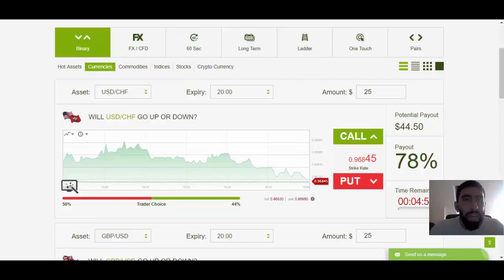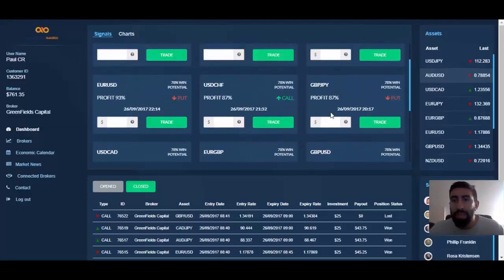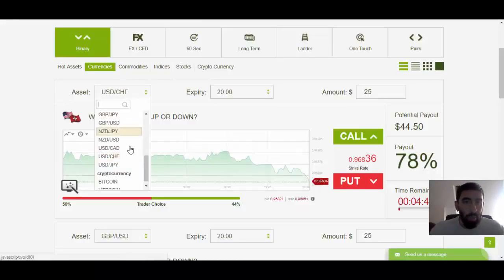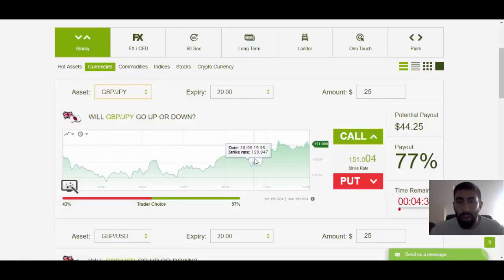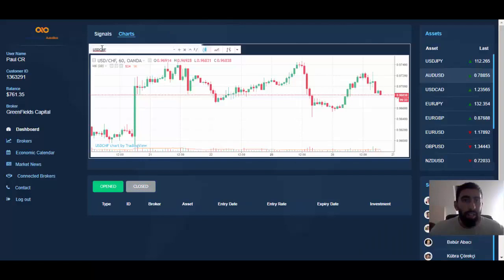All right, and I think we have one more trade available. Yeah, we have the GBP JPY again for a put position. So GBP JPY. Oh, wrong one. That's not what I wanted. Here we go. GBP JPY. Alrighty. And what was this for? This is for a put position. All right, GBP